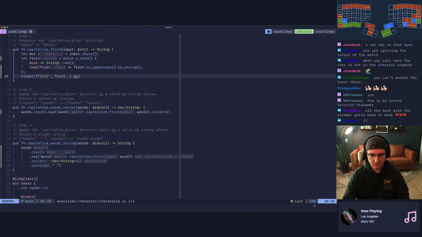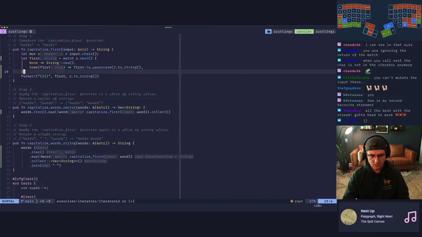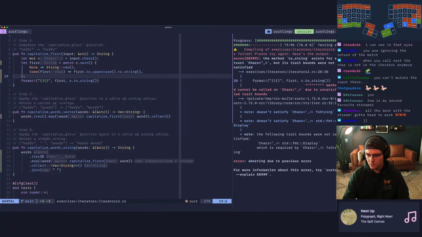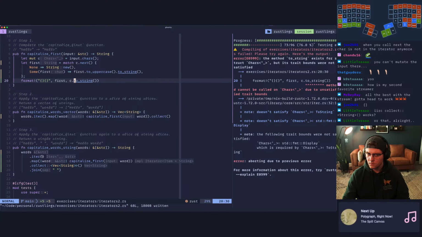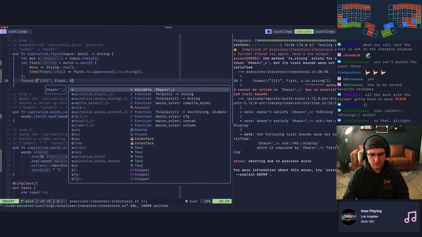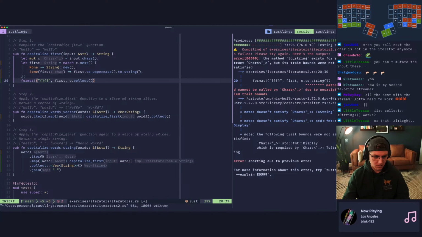Can I turn that iterator into a string? Collect. That would make sense, wouldn't it?